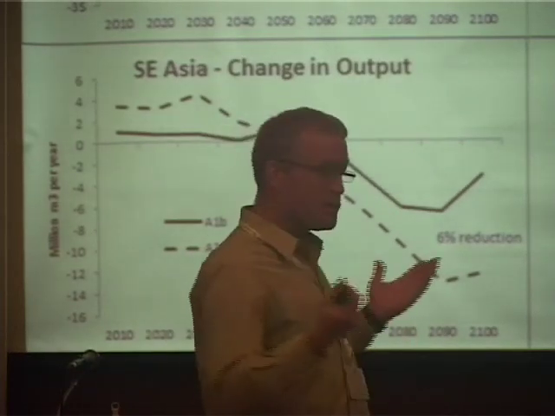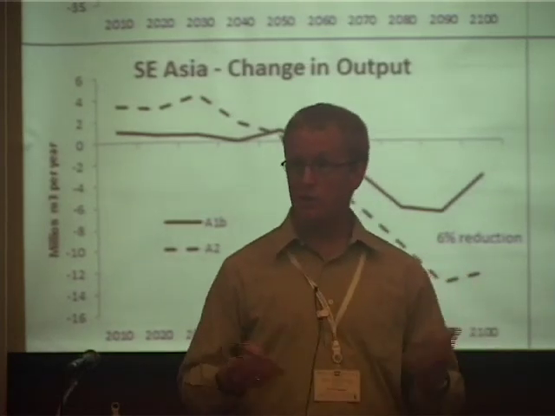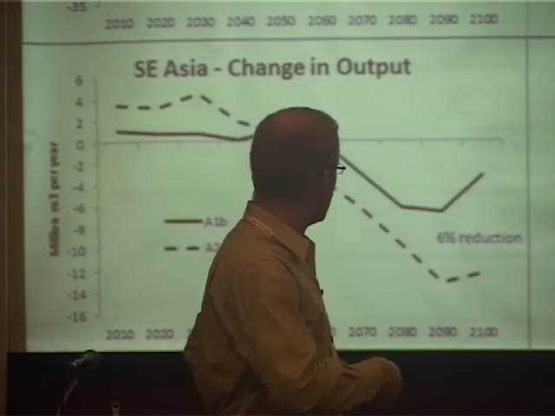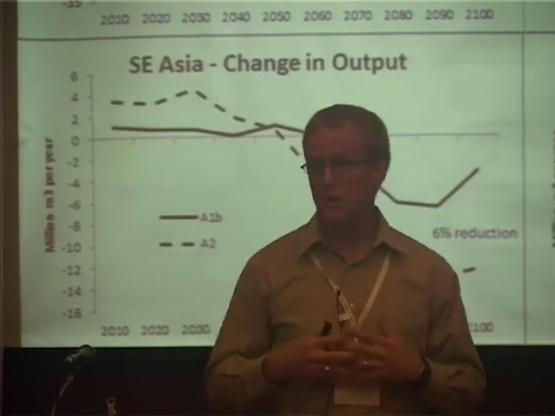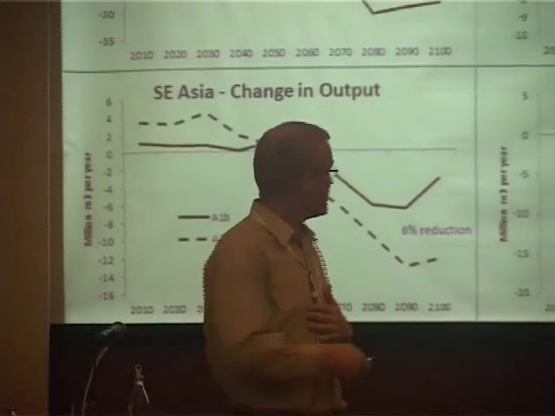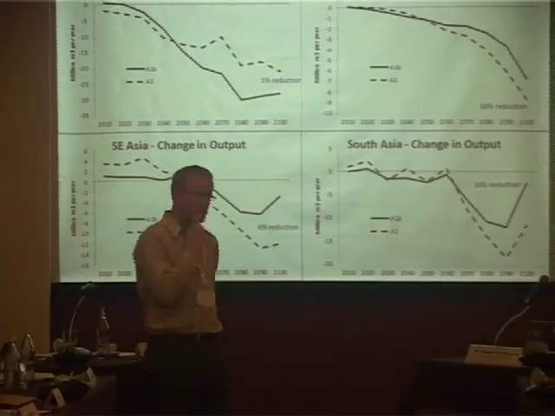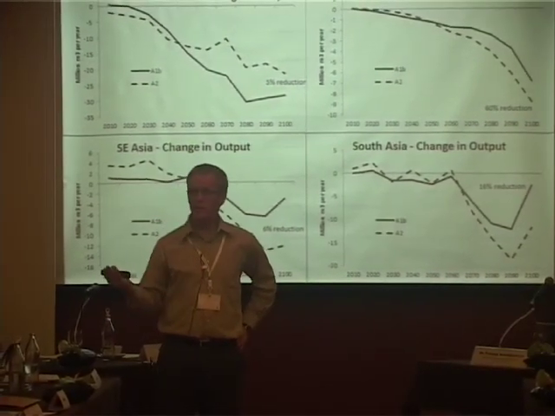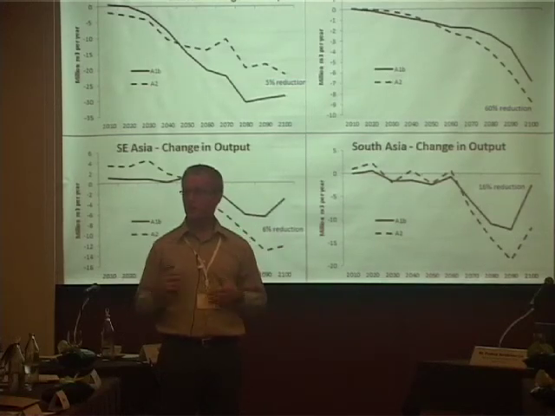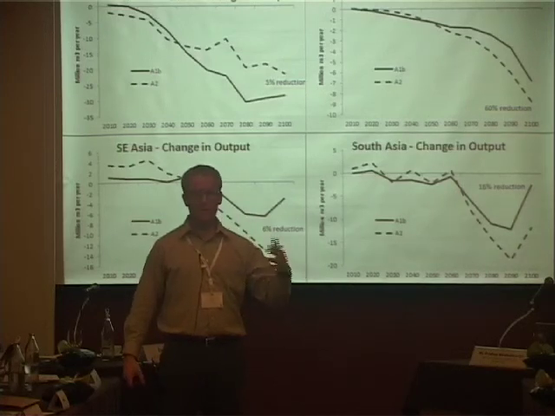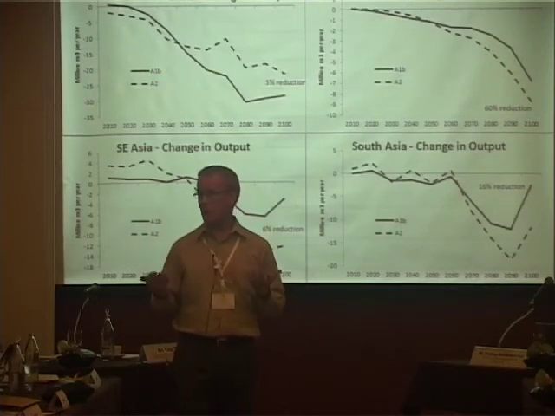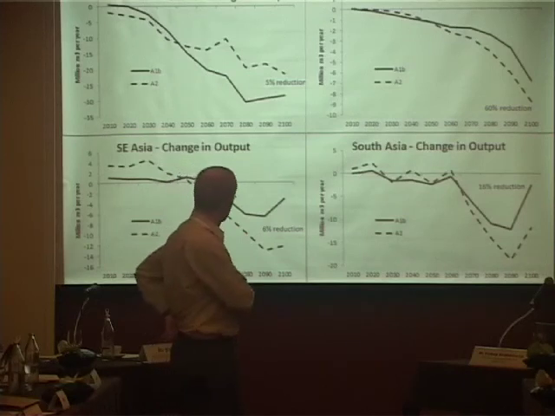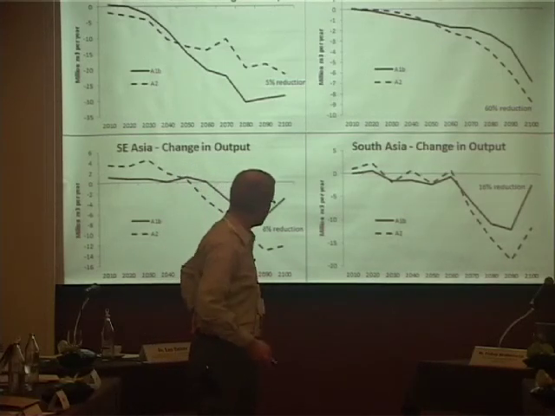But they do suggest output reductions, and that the output reductions are growing over time. So most of these decreases occur in the future, and they're in the 5 to 6% range. Although Southeast Asia experiences a slight increase in output initially. Why is that? Why does Southeast Asia, in this particular set of models, experience an increase in output? That's mainly because the long run scenario, if you recall, was a reduction in forest area for Southeast Asia. Some of that was through dieback, and in Southeast Asia their adaptive response to that is to try to increase output, at least in the near term, because many of those forests are actually going to be harmed by climate change in the long run, so they try to take advantage of it at least in the short run, although their long run output is a reduction.